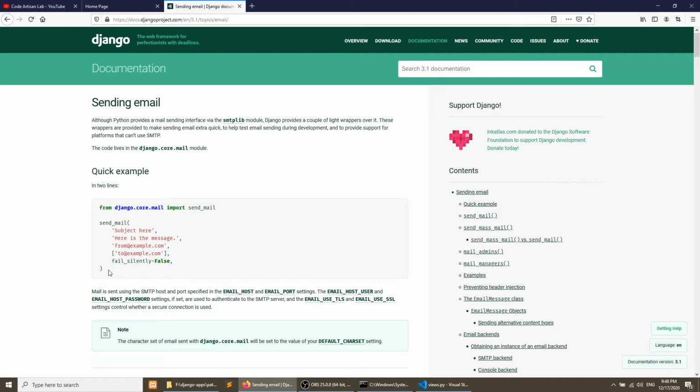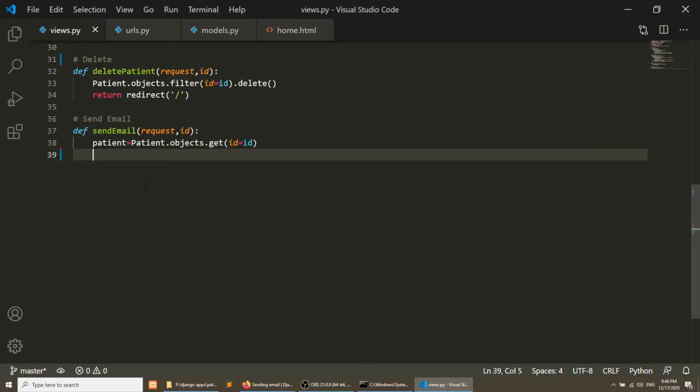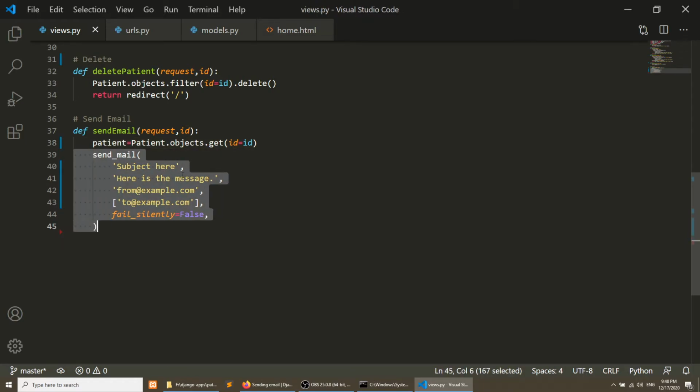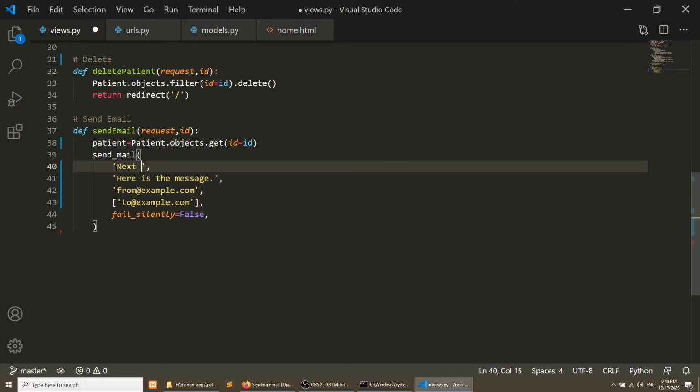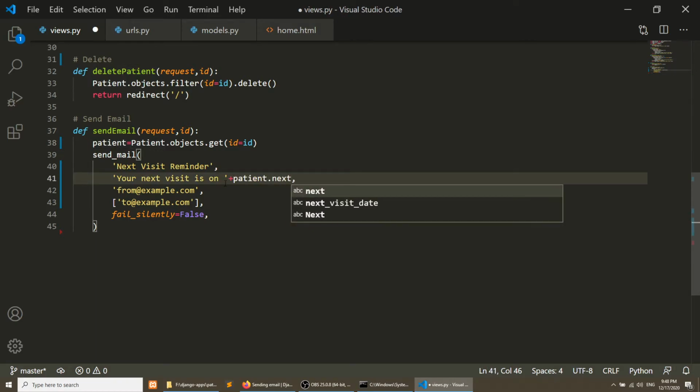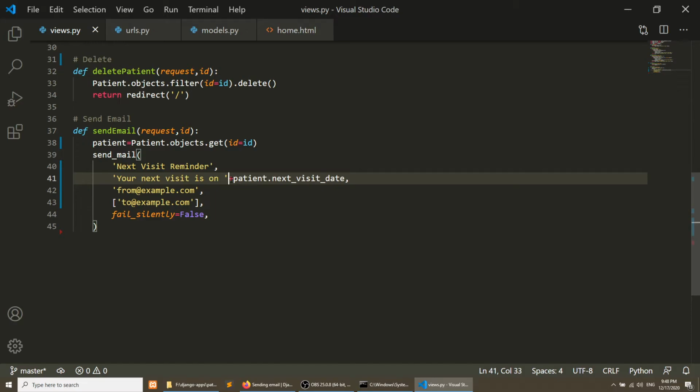Now we will copy this functionality, paste it here, and change the required things. So the subject will be next visit reminder, and the message will be your next visit is on, and we will get patient.next_visit_date.